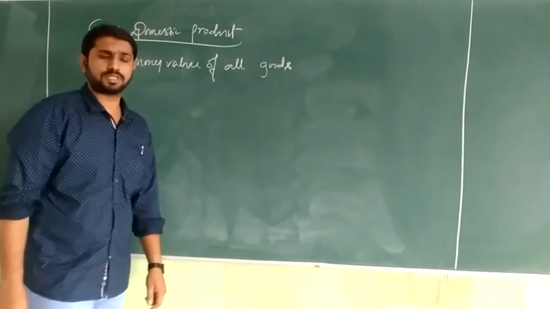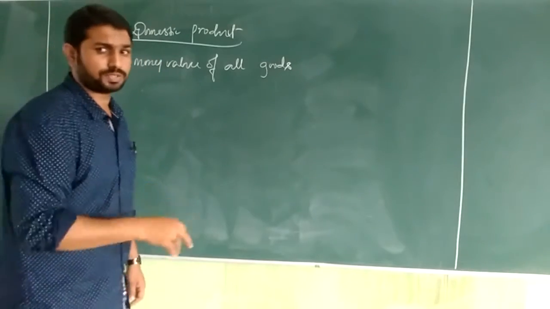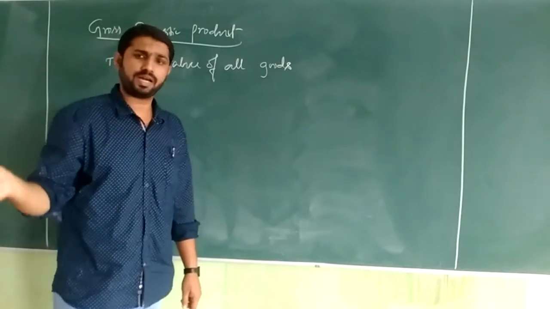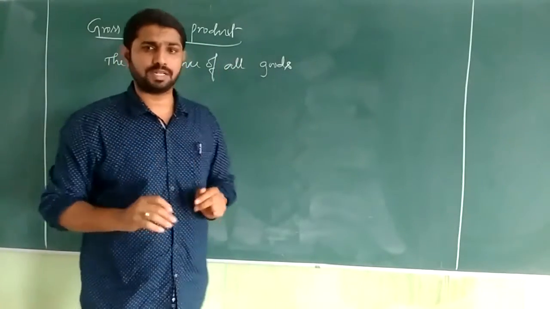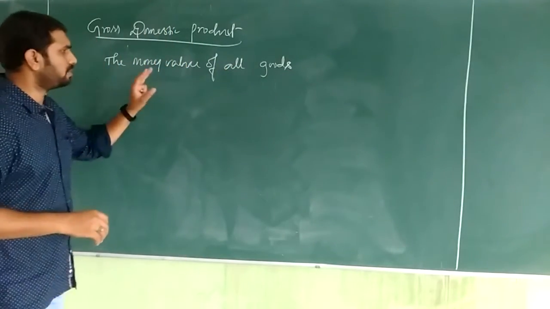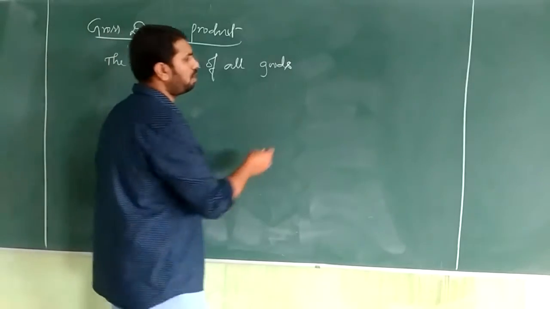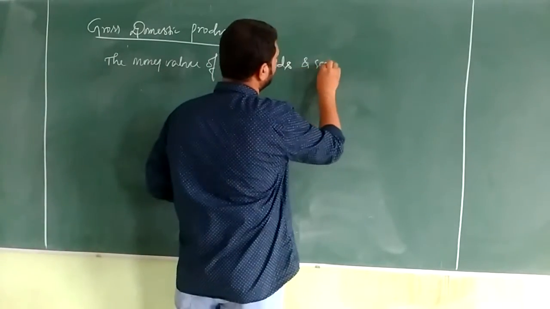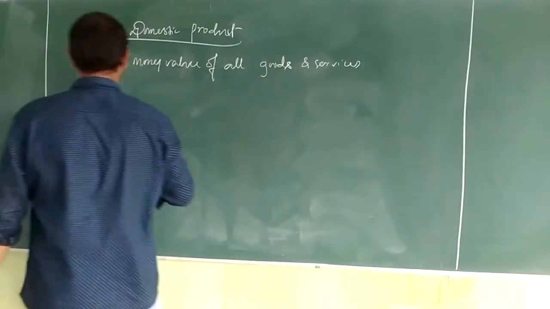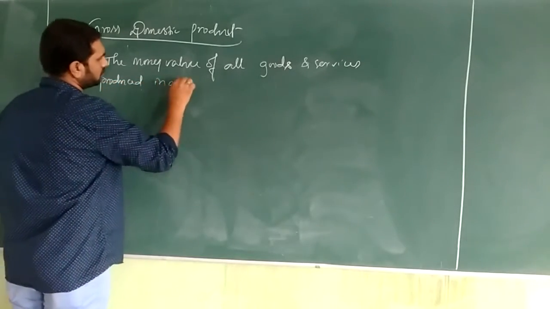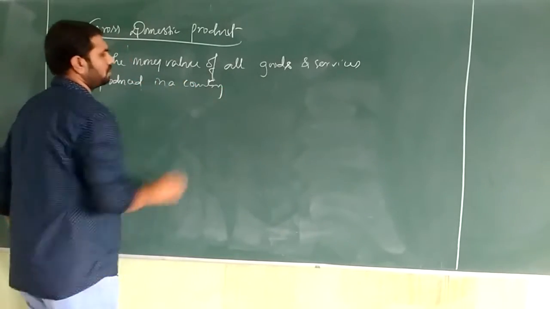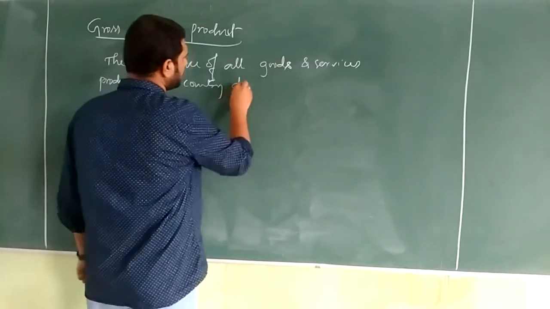Here the goods and services refer to final goods and services. Regarding it, we have already had a discussion on what types of goods there are and what kind of goods we need to consider. Now coming to it, the money value or monetary value of all final goods and services produced in a country, during a